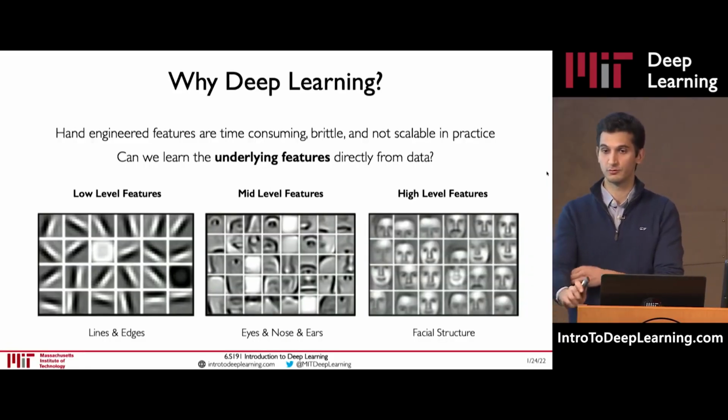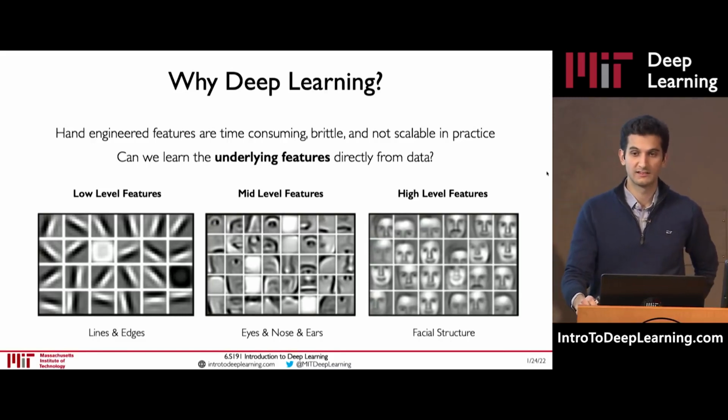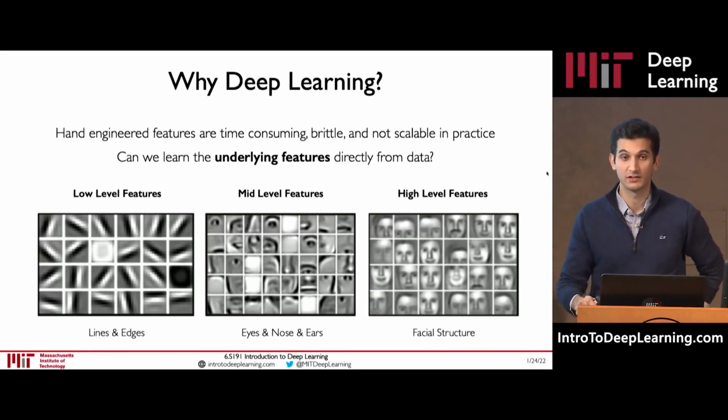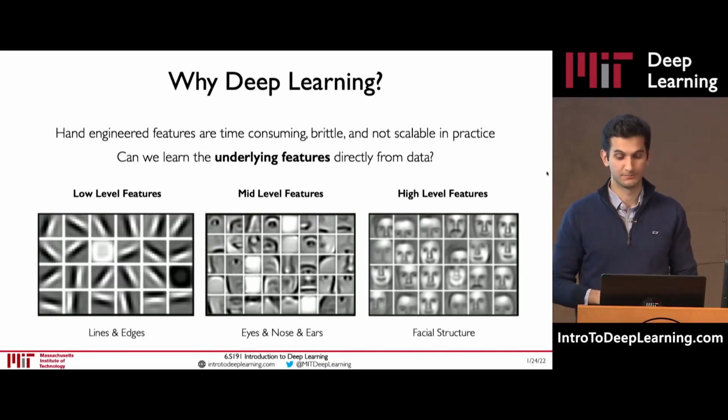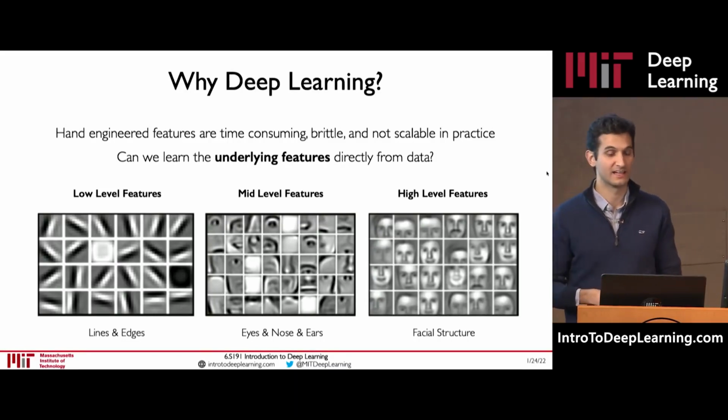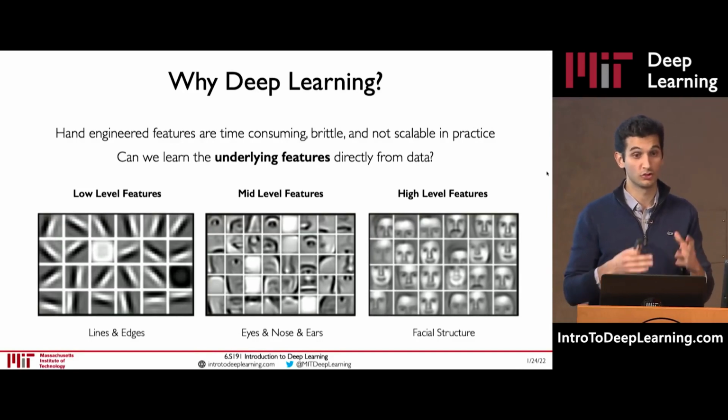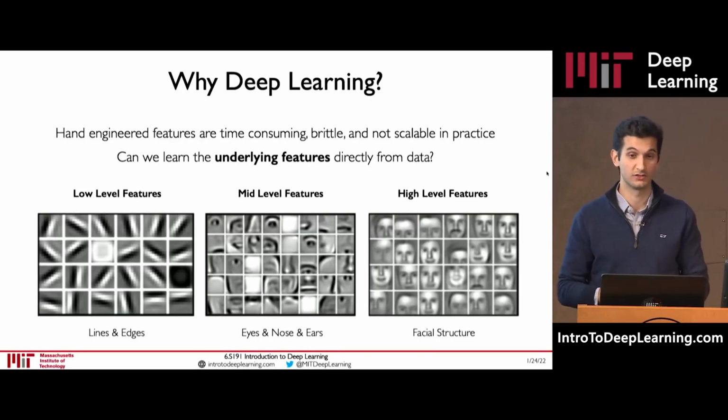Well, traditional machine learning algorithms typically operate by defining a set of rules or features in the data, right? Usually these are hand engineered, so a human will look at the data and try to extract some hand engineered features from it. Now in deep learning, we're trying to do something a little bit different. The key idea of deep learning is that these features are going to be learned directly from the data itself